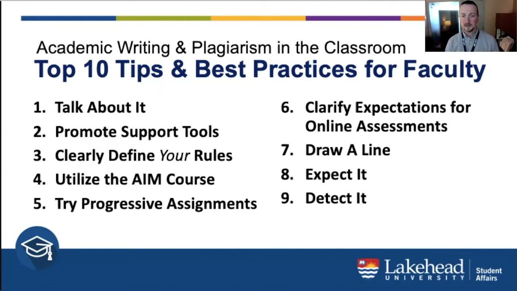One would be to look for sections of writing that seem obviously odd or out of place, right? So you kind of hear the student's voice. Usually, especially with first year students, it'll be some really poor writing. They're fumbling the words. It doesn't flow very well, and then all of a sudden you come to this beautiful, eloquent, perfectly phrased couple of sentences, and you're like, that seems a bit out of place. The other thing you can look for are definitions and language that you did not use in class. It's just out there and you kind of recognize where it's coming from, but it doesn't fit the material that you provided them with.